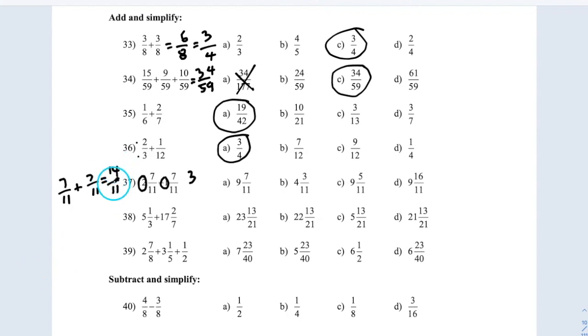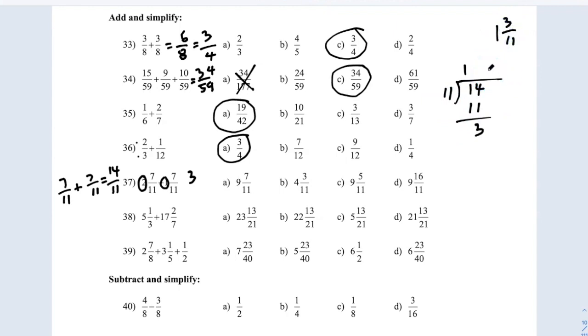But now this is an improper fraction. So I have to turn this into a proper fraction, a mixed number. How do I do that? I say 14 divided by 11. How many times is 11 in 14? 1. 1 times 11 is 11, and 14 minus 11 is 3. That means 14 over 11 is the same as 1 and